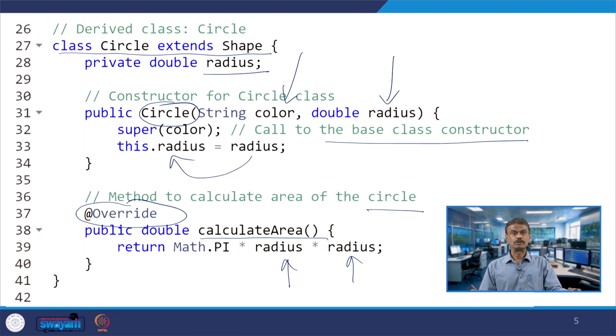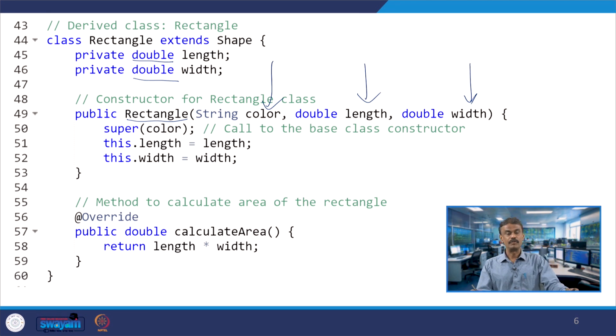So rectangle also has super of color, line number 32, just like line number 50 in the other class. That means the base class constructor will be invoked, and this dot length is length, this dot width is width, that means both length and width get the reference for this particular object.